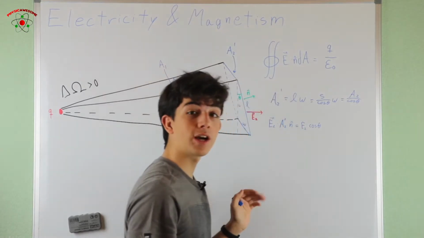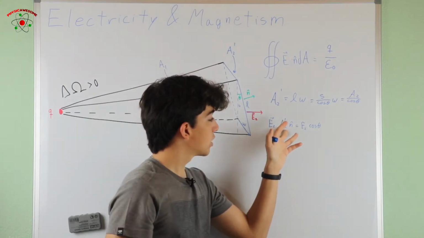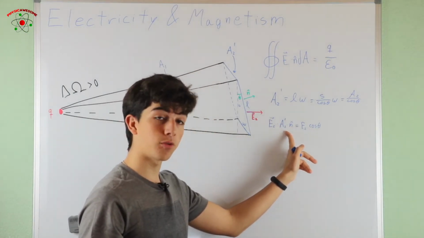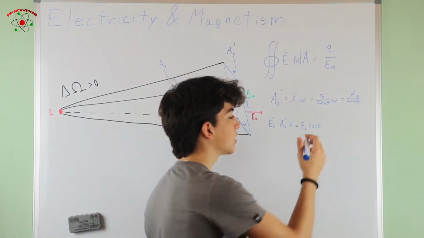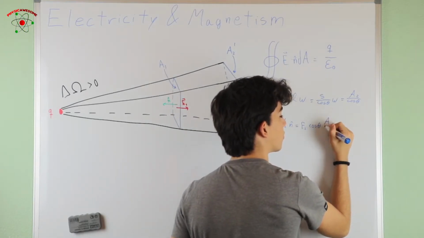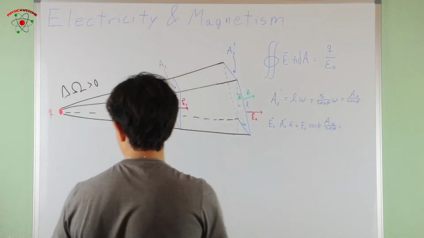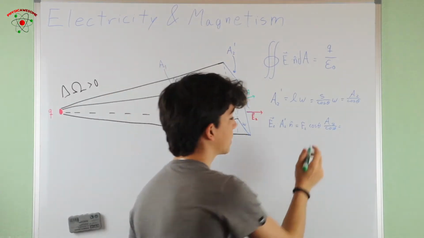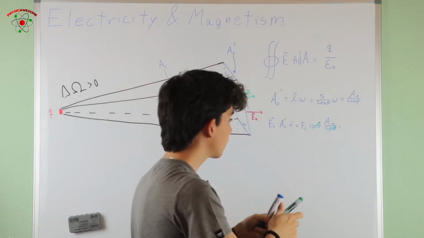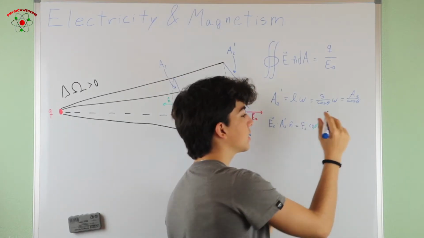And you're probably now seeing where this goes. If we substitute our expression for A2 prime, we get A2 over cosine theta, and we have some cancellations between cosines, which means that this is going to be equal to